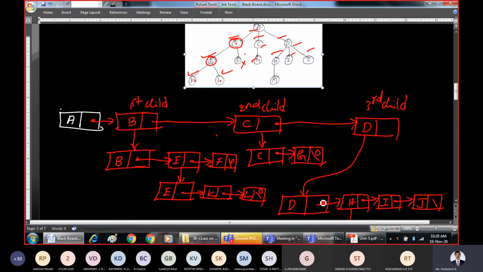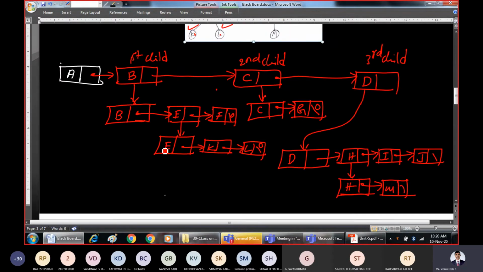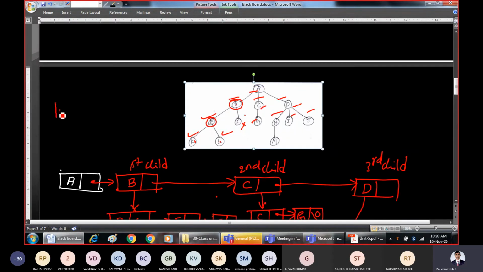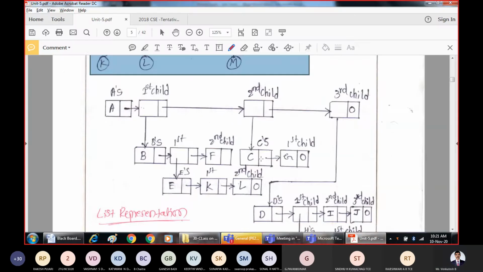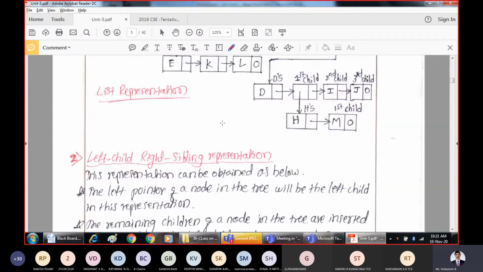That is linked list representation, or you can also call it list representation of binary trees. First write the main node, show all the children horizontally. Then repeat the same procedure for all other nodes. So this is what is called list representation of the trees. Not the binary trees, because we have different representation of the binary trees which we will be studying later.